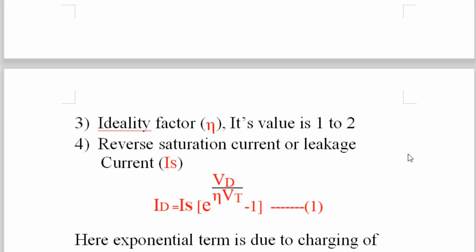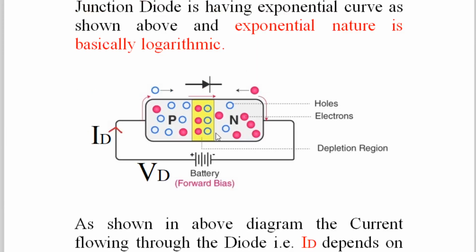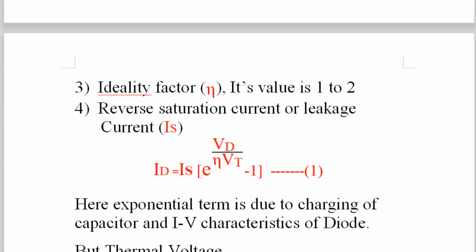This parameter comes into the picture when you reverse bias the PN junction diode. Here the formation of a capacitor takes place, with dielectric material, so there is some amount of leakage current flowing through the capacitor. All of you might know the basics of electronics: a capacitor blocks DC and passes AC. But in the case of a capacitor, there is some leakage current flowing, and that leakage current is also called the reverse saturation current, IS.